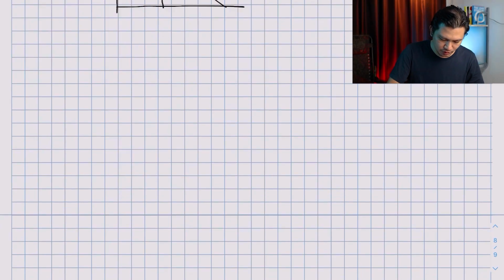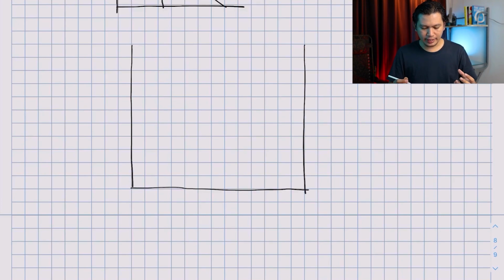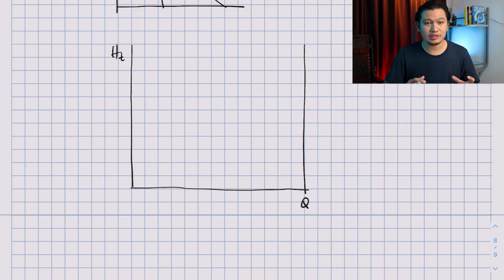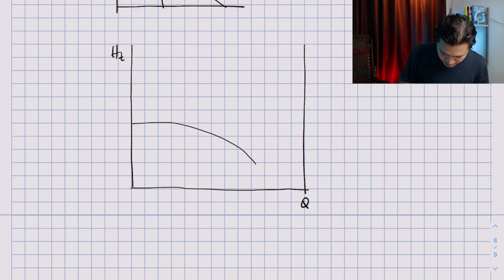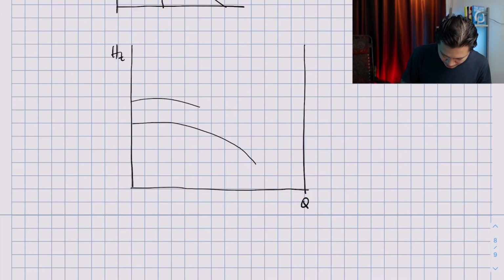And I'm going to draw here a real figure of the efficiency curve and also the theoretical head discharge curve. Okay, so you have something that is called HT. Alright, so this is your HT and this is your Q, which is the volume flow rate. Okay, and you know that it's going to look something like this, right? And as the diameter of the impeller increases, the HT will also increase, don't you think? Okay, so you have a few lines here.